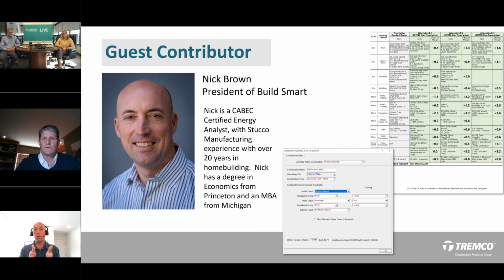So that's what this window is in the second center of the screen. Our energy modeling software provides for precise modeling of an ICF wall, layer by layer by layer. That's the approach in the California software, both residential and commercial. And that's what this is on the screen here. We define the thickness of the continuous insulation on the inside of the wall, as well as the outside of the wall, define the R value of each, and then the thickness of the thermal mass layer in the middle,